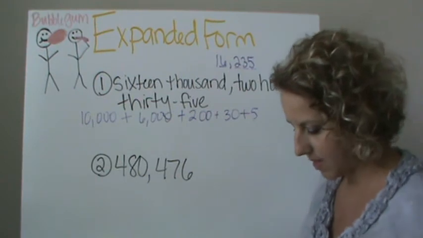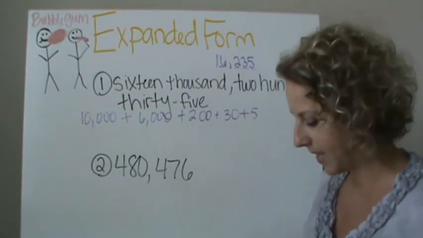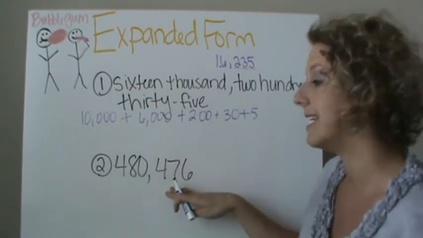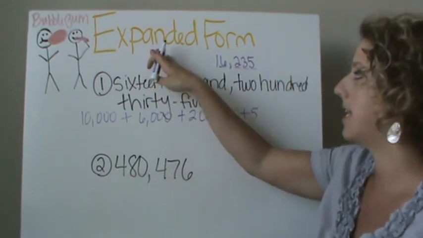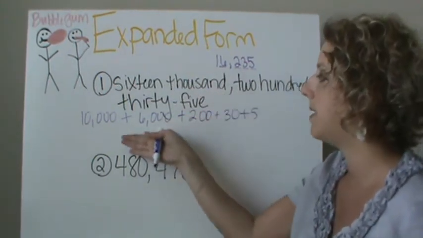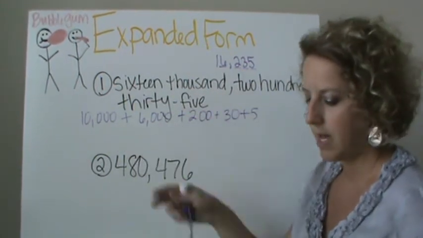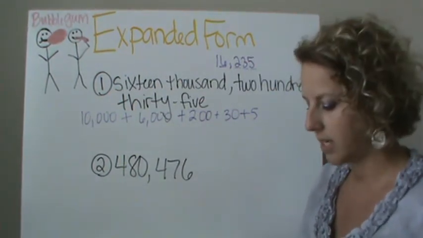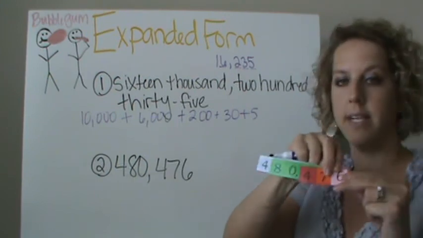And I'm going to do that with the next number as well. So if I have a number written in standard form and I want to turn it into expanded form, whereas before they gave it to me in written form and I turned it into expanded form. So if I take this number, it's already in standard form, so half my work is done for me. Here it is,